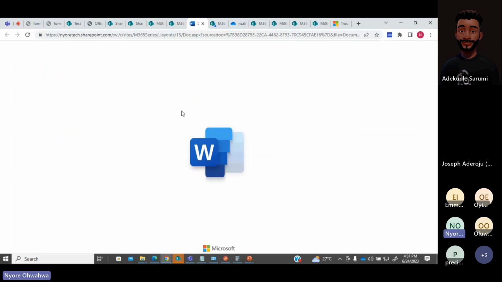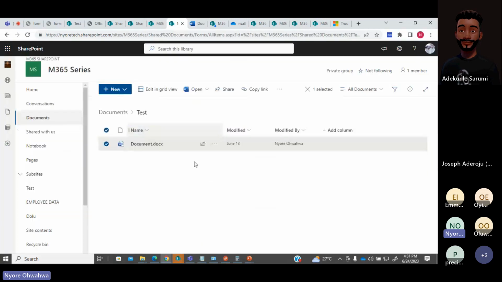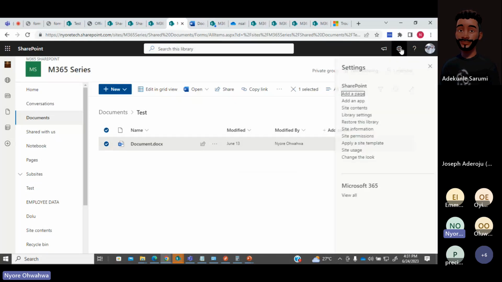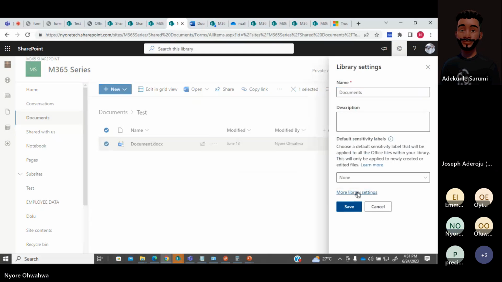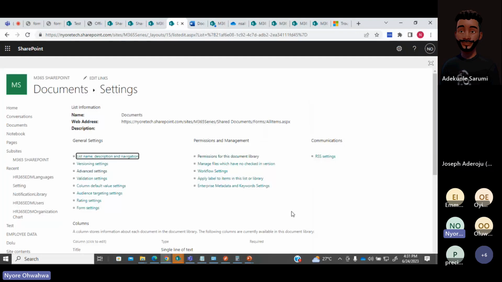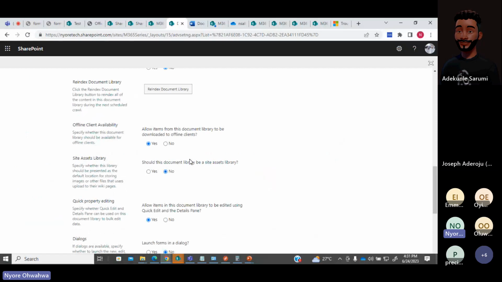on the web. I can decide to say no, when my users click on documents, it should open on the app and not on the web. To do this, I can go into my library settings, more library settings, and then go to advanced. Under advanced, you should scroll down. There's an option to say